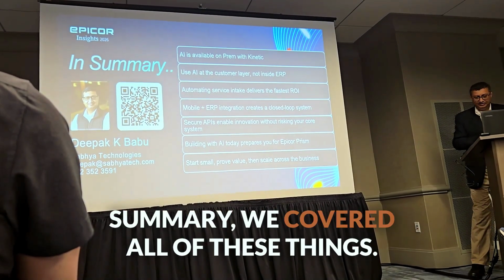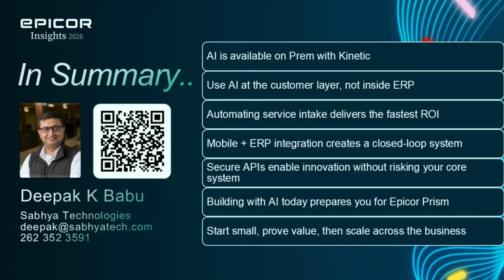So in summary, we covered all of these things. AI is available on-prem, connecting with this set of enablers. This is not something you cannot build yourself. You're welcome to. It will take a bit of effort, but this already exists. You don't need to rebuild the families, but follow the structure. Learn from what we have learned, then you can build it faster than we did. So I think I covered most of the things here.